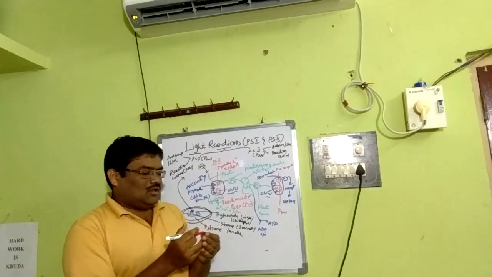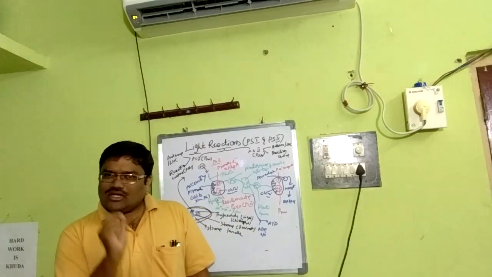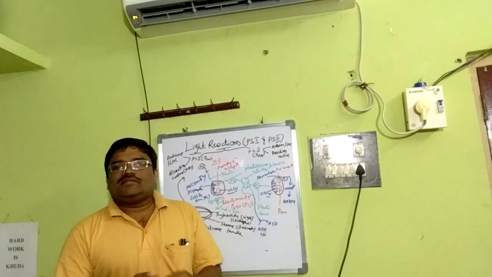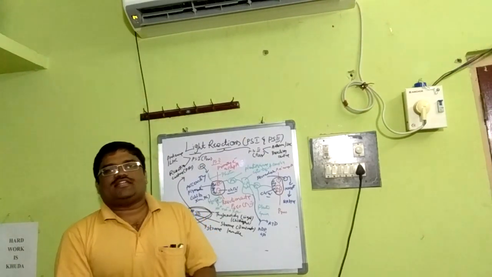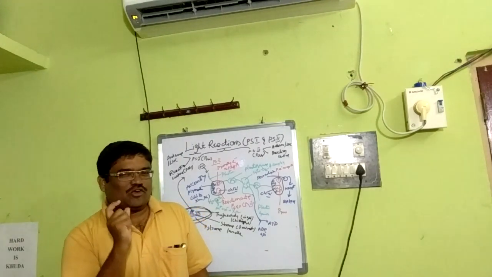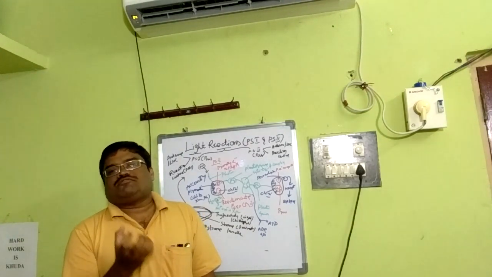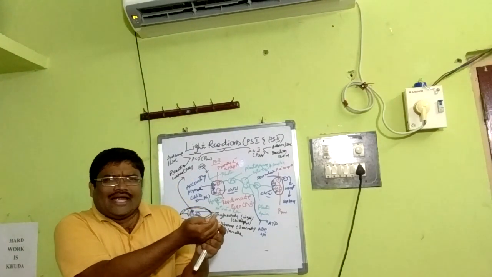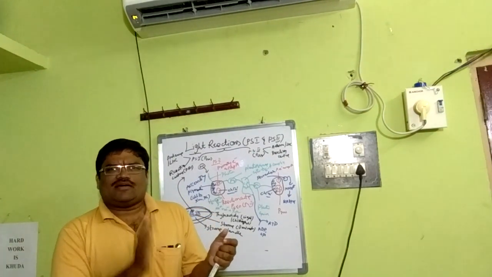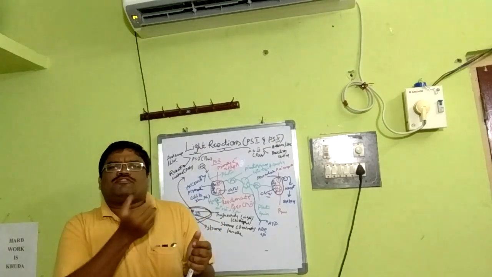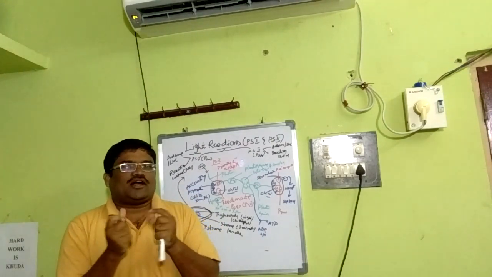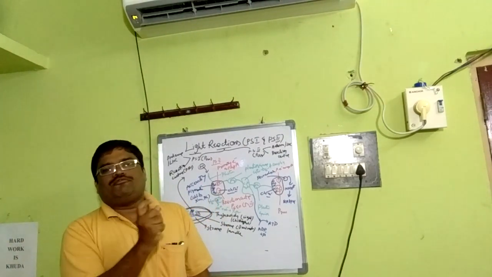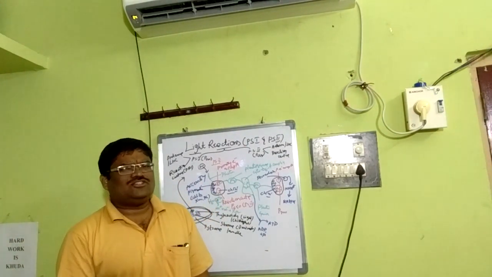Let me discuss first of all. Photons are the basic units in light. They are nothing but bundles of electromagnetic energy, sometimes referred to as quanta of electromagnetic energy, and they are the sources of energy. Light energy from the sun is utilized for the synthesis of carbohydrate from carbon dioxide and water. It is an overall overview of photosynthesis and how the light energy is utilized.